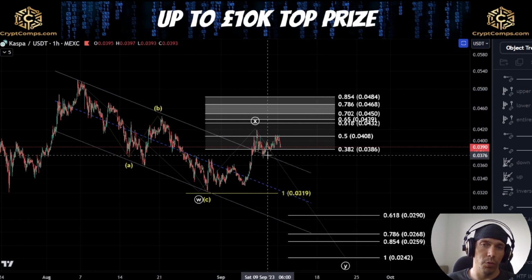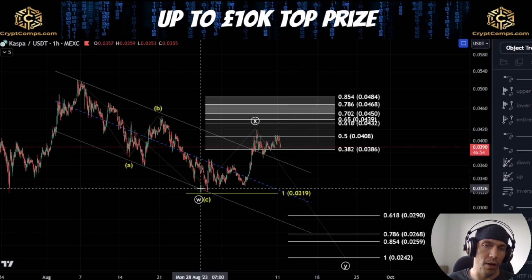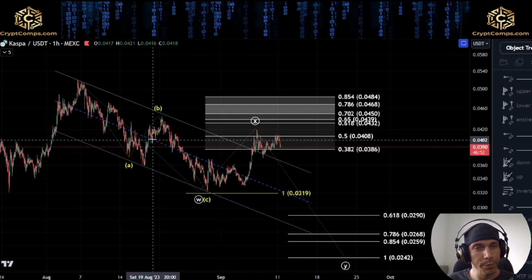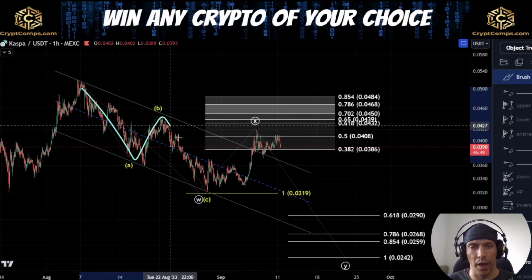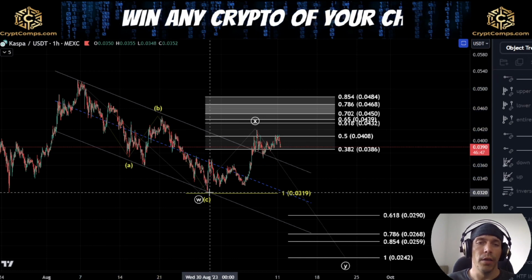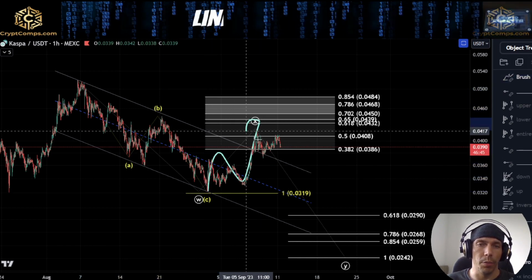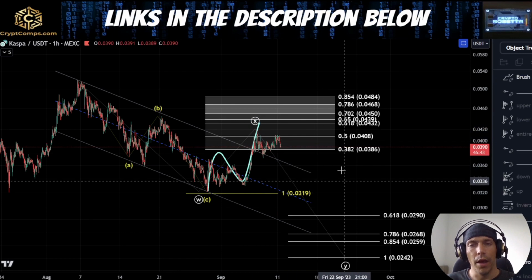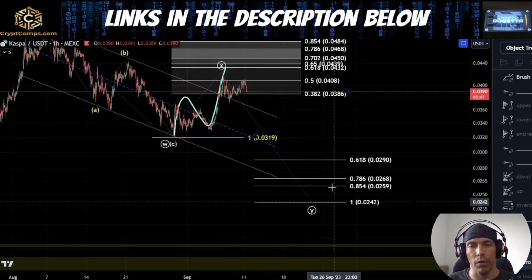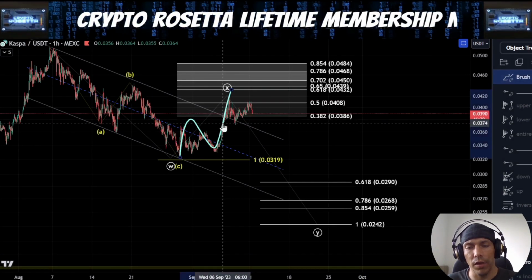And we do have that possibility. This could become a 5-wave move, but at the moment we just have 3 waves up. Now, if we do see this as A, B, and C into this point, this could mean that this move to the upside has just been a connector wave here. And we could still be looking for this possibility of either a Y wave or a C wave to the downside.